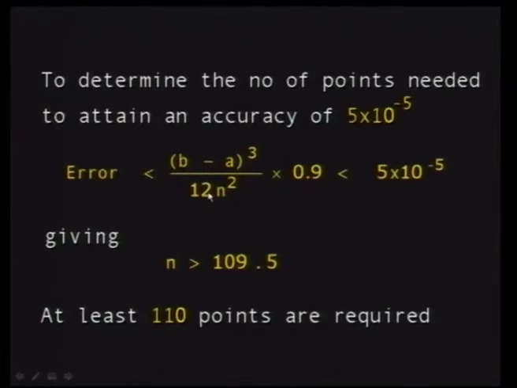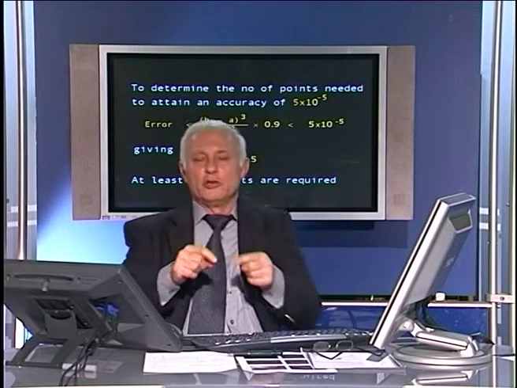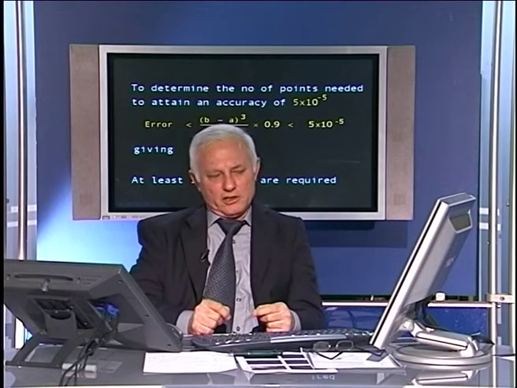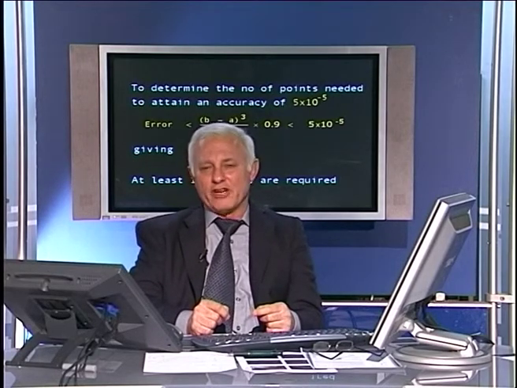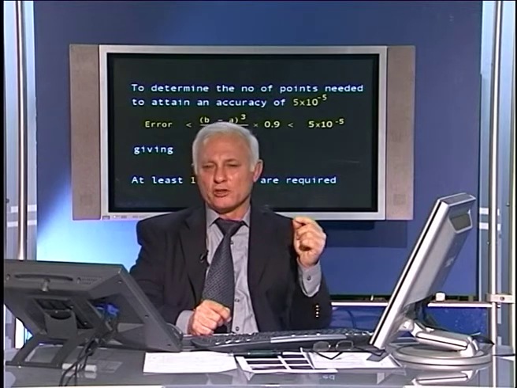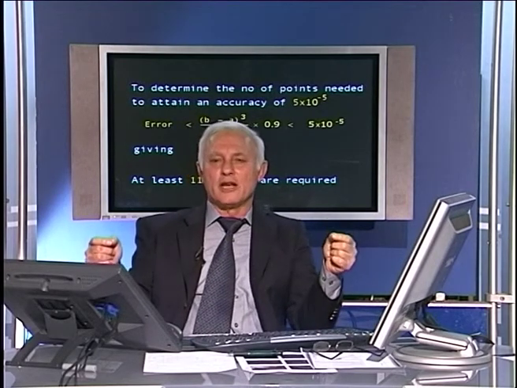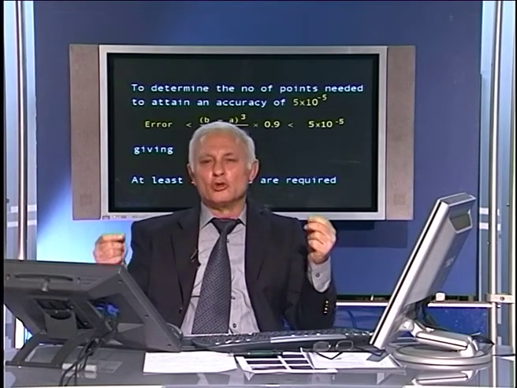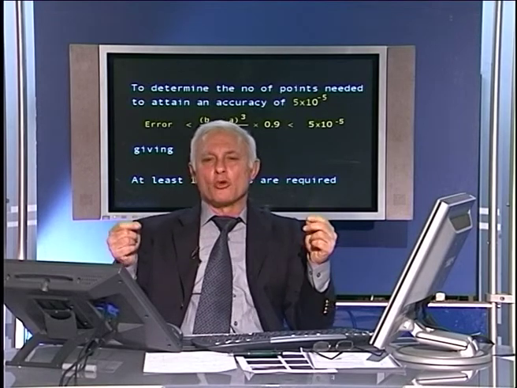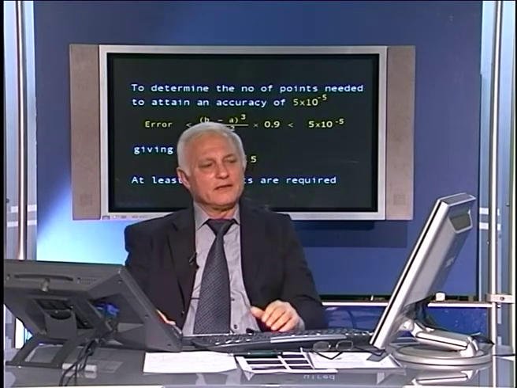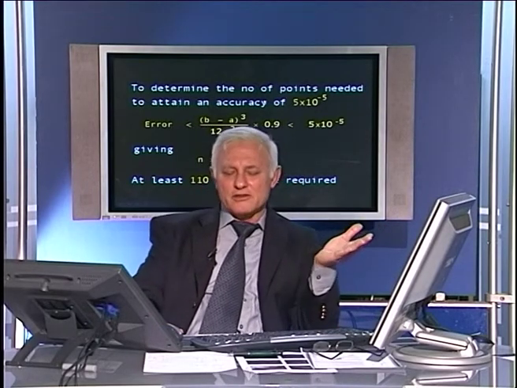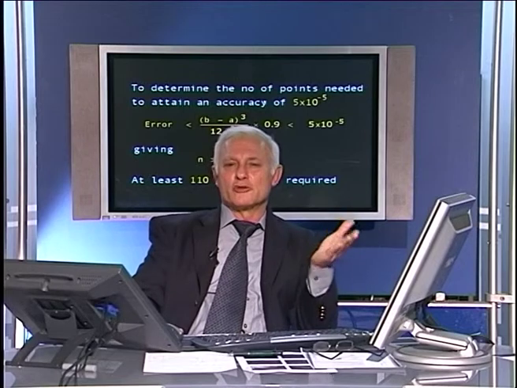In other words, you have to subdivide. It tells you that in order to reach an accuracy of less than 10 to the minus 5 in your result using the trapezoidal rule, you should not take less than 110 points, in which case you shall obtain a result whose error would not exceed 5 times 10 to the minus 5. So actually, this is a very accurate way of calculating integrals when your integral concerns functions